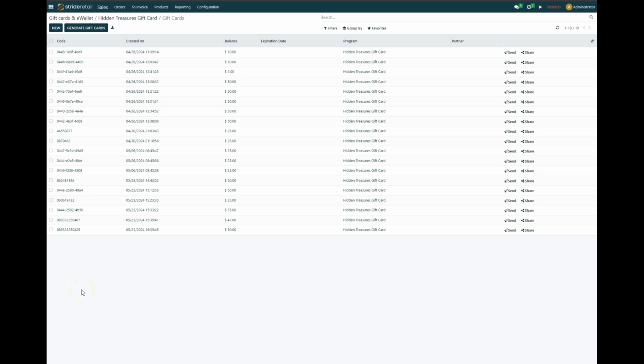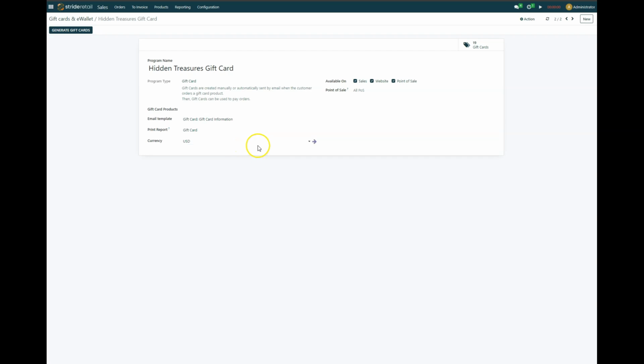So kind of a long explanation, but I really want people to understand that if you want to sell a gift card online, you want to make sure that it is selected as the gift card product, and that you can do all sorts of things with your gift cards. You can customize them and really get to use them